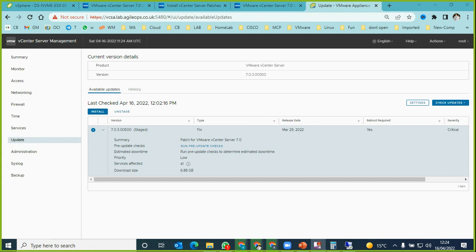So we have successfully staged the patches, which means they have been copied over to your vCenter server, and they are around 7 gig. So we are going to start the next process, which is basically installing them. If we click on install,